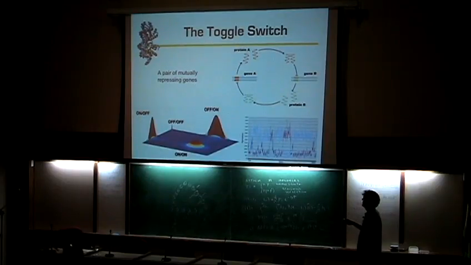Like this is a run in time of a simulation, and the number of protein A and B over time, and you see that noise can make this system switch from one solution to the other. Right? And according to the parameters you use, this is a probability distribution. It's going to depend on the parameters you use. But here we just use some that are going to show the four